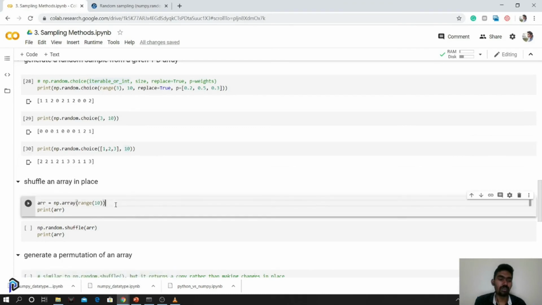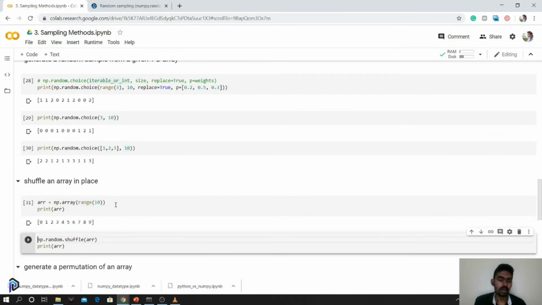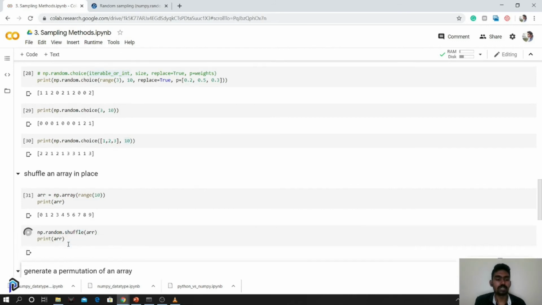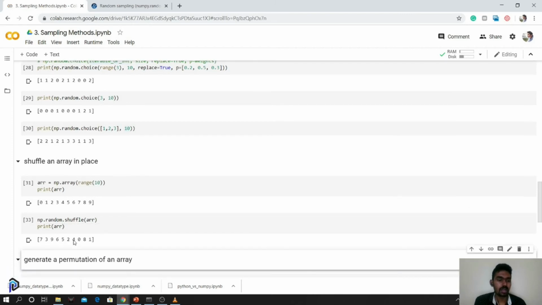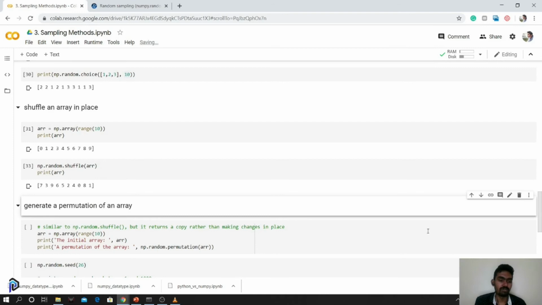You can also shuffle. So I'm creating a range 0 to 9. You can see this is similar to np.arange. You can do it in both ways; np.arange should be much faster. What shuffle does is create a permutation of these elements. All these elements would be there, but the order alone would change. If I shuffle again, the order would change. That's how it works. It's just like card shuffling.